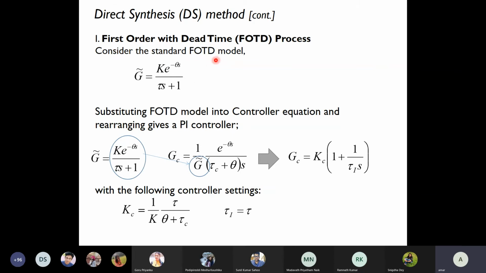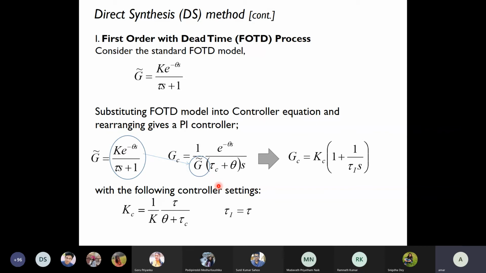So let us take the first order with dead time process as k e to the power minus theta s by tau s plus 1, and then g tilde will be these values, and I will have the GC expression of this one, k by 1 by tau I s plus tau s. So for a first order with dead time process, I will get a PI controller which can control the process, where tau I will be given by